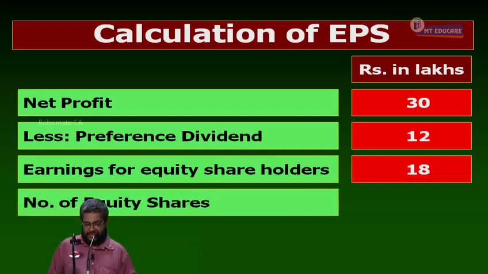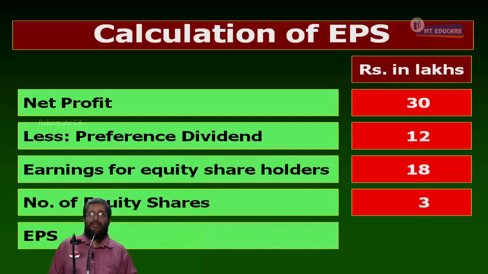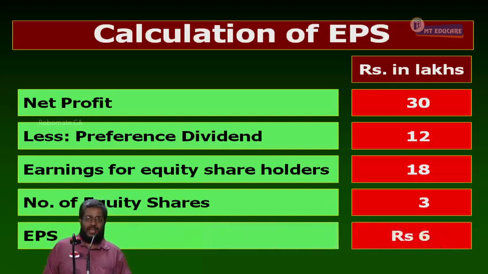Number of shares. How many shares are there? 3 lakhs. Number of equity shares is 3 lakhs. EPS, what is the earnings per share? 6. Earnings per share is 6. EPS is 6. Can I proceed? Now we know the EPS. Next,